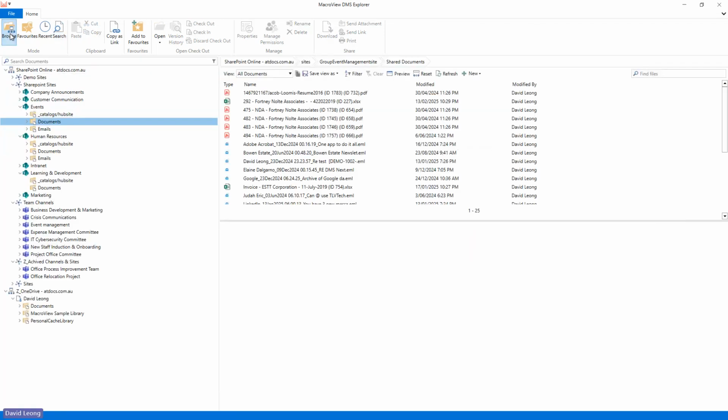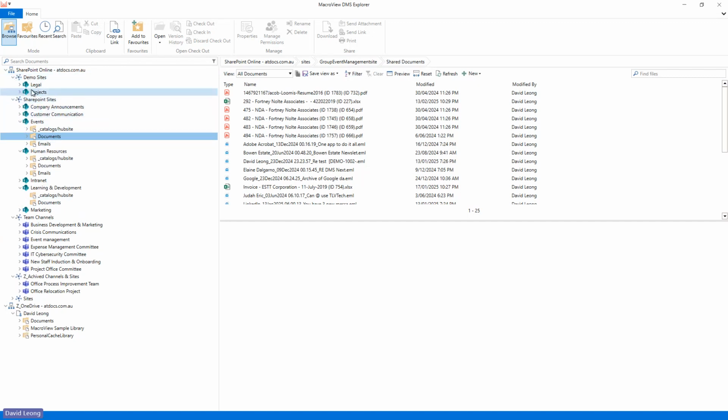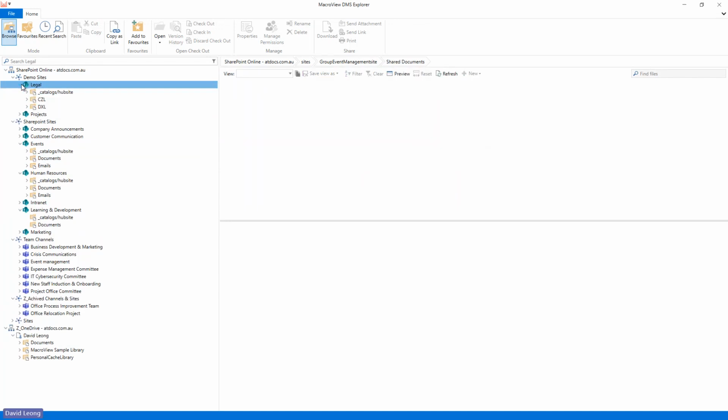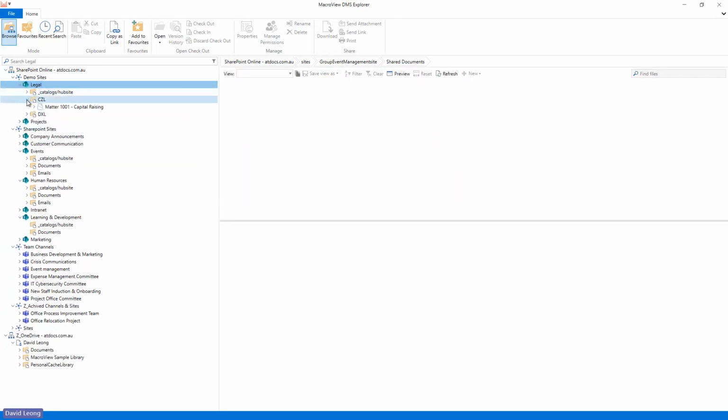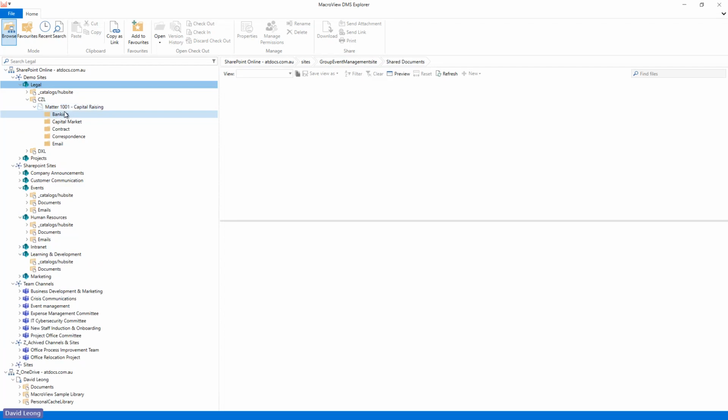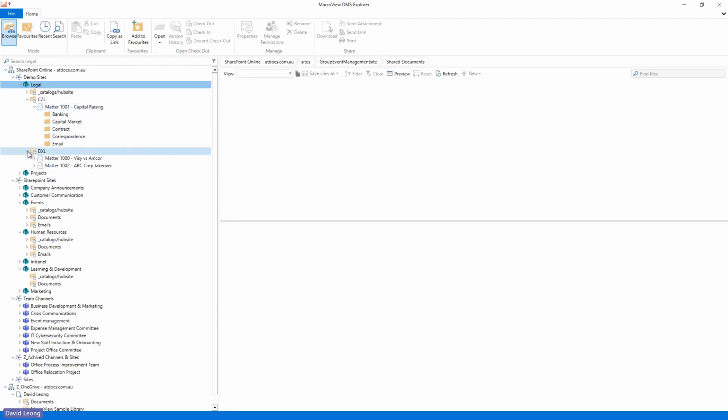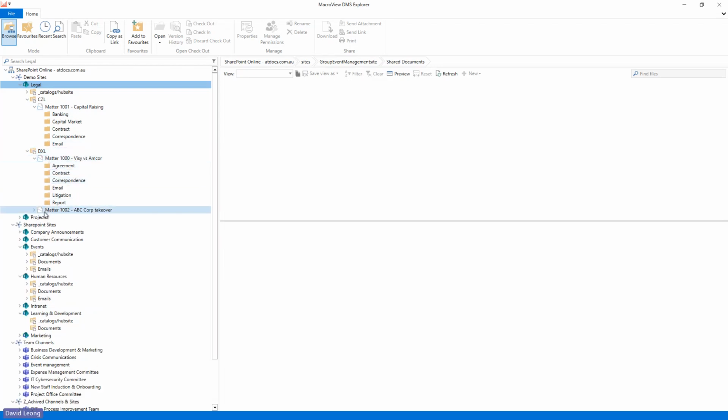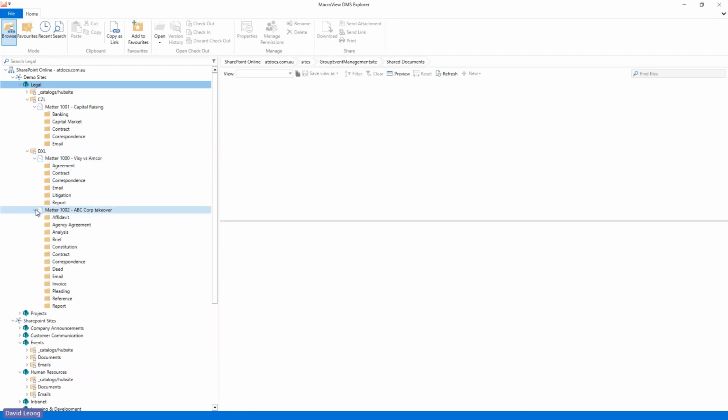The other feature that we have within Macroview, this is just a rudimentary base product I'm showing you, but if you get to more advanced features, what I've created here is a legal scenario. So I can create matter files against a client. Let's call it CZL, might be a capital raising matter, or the document types within that, or also a litigation matter. It might be dispute resolution or a corporate takeover. So I've got all the different document types based on what that matter is.